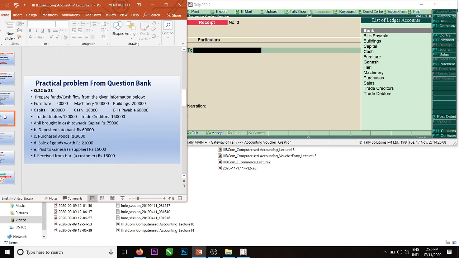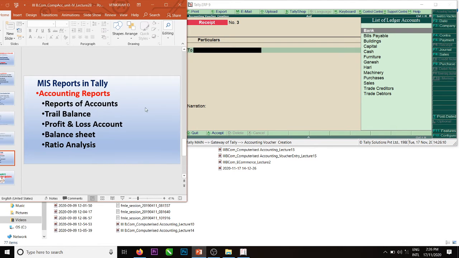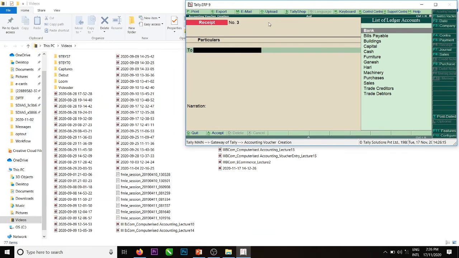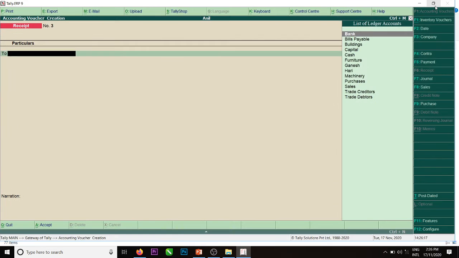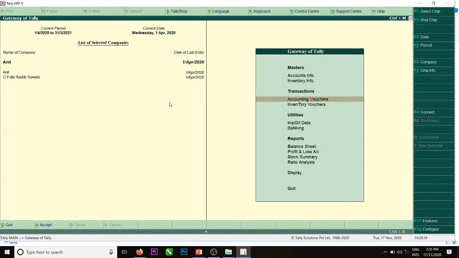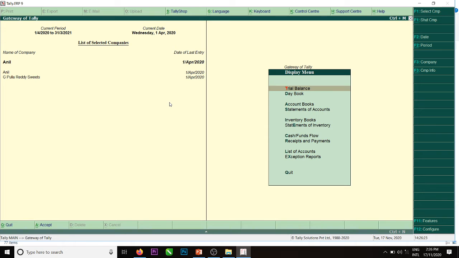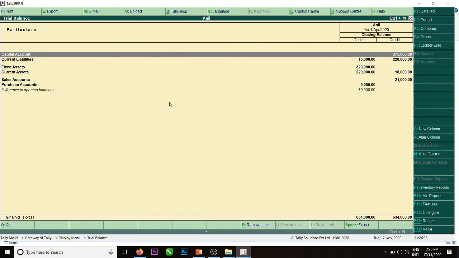Next, reports generation. Okay, reports are display, trial balance. See that, Alt F1.